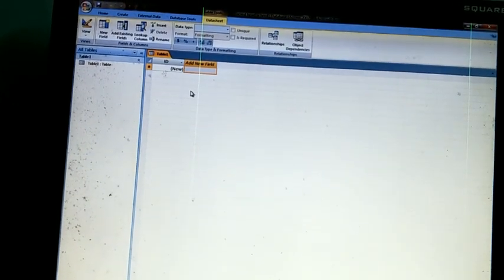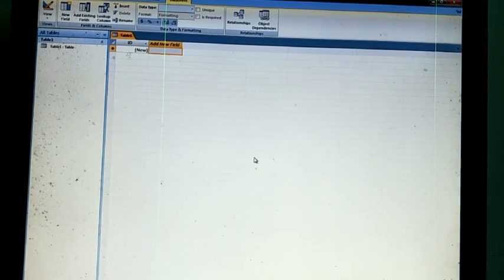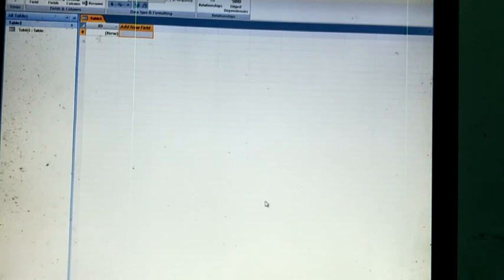Is that clear? You can edit the table in a database in two views. First view is called datasheet view and second view is called design view. By default you can see the datasheet view. This view is called datasheet view. But you can also edit the tables in design view. For this you will click on this option. Look here, this one is design view and that one is datasheet view.